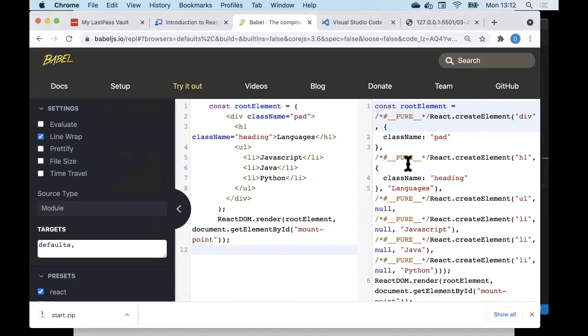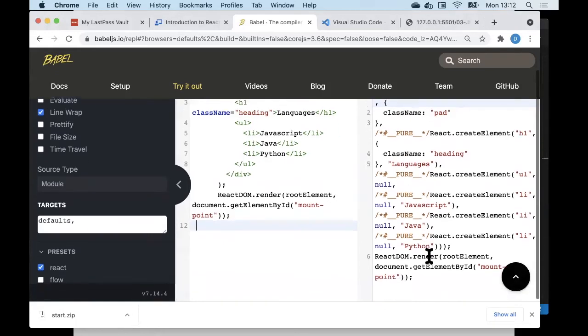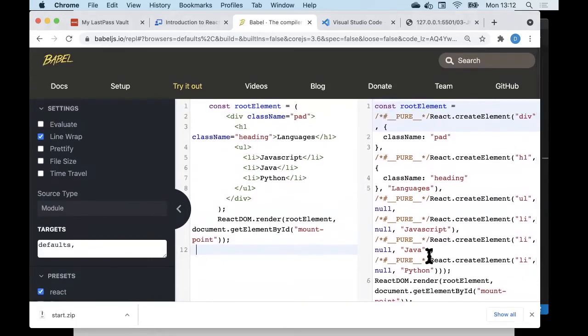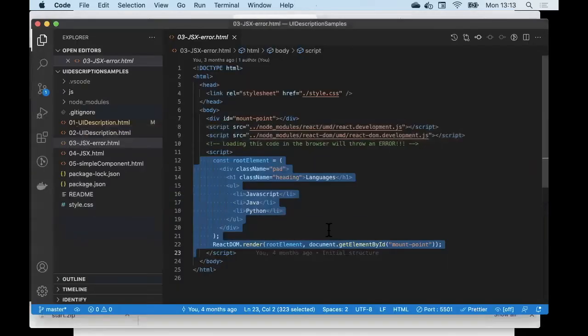Now, what you see on the right is, surprise, surprise, there is React.createElement. There's some extra kind of annotations being added in there as well, which I'm not too interested in. But this is what we need to give to the browser, and it can interpret that, and we've seen that already. So this is manually transpiling my JSX into plain old JavaScript. Now, I did that beforehand. And if I move on to 04,